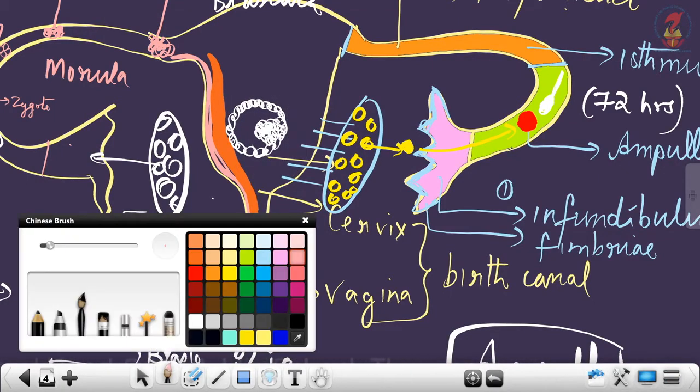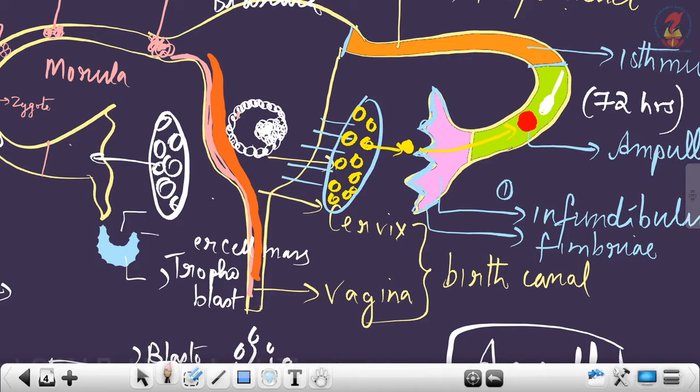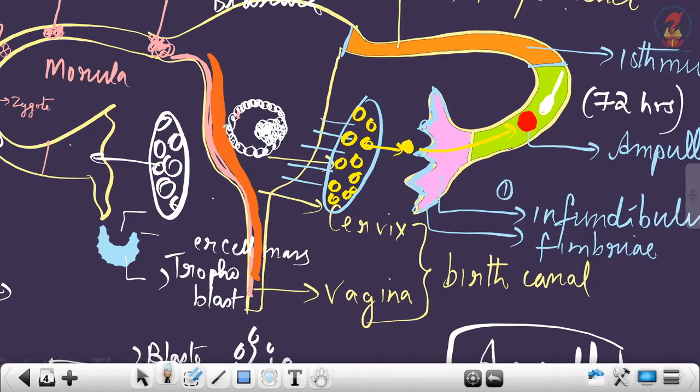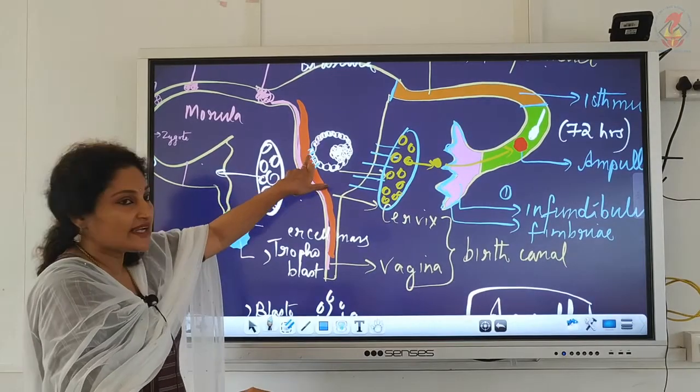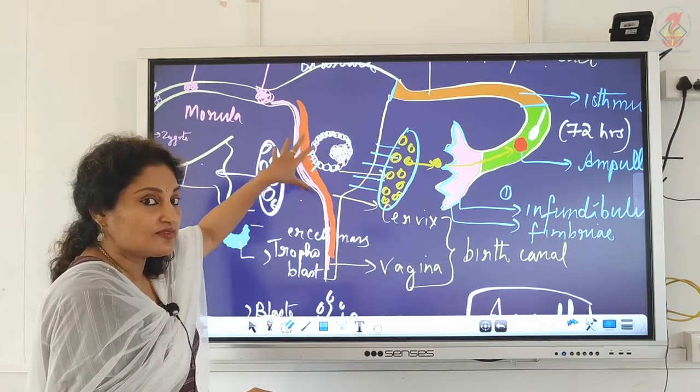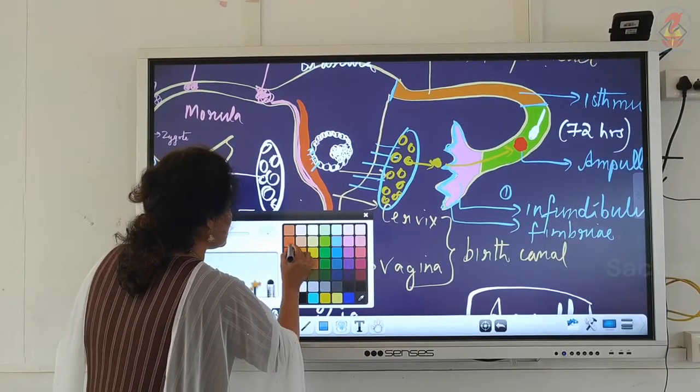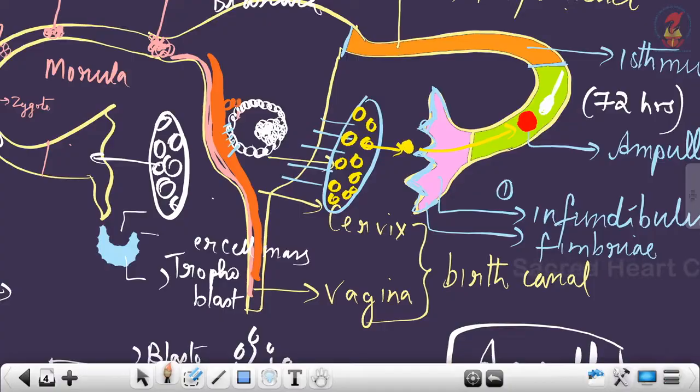The trophoblast, which is in white, gets attached to the uterine endometrium. Meanwhile, the cells of the uterus divide and redivide. What I have indicated in orange color, these cells divide and redivide